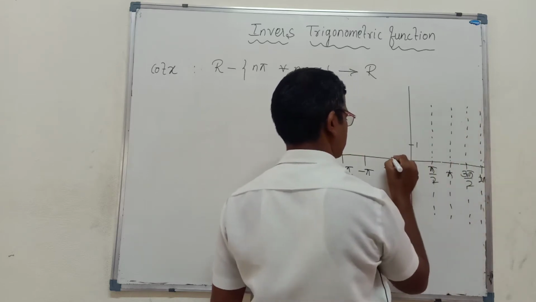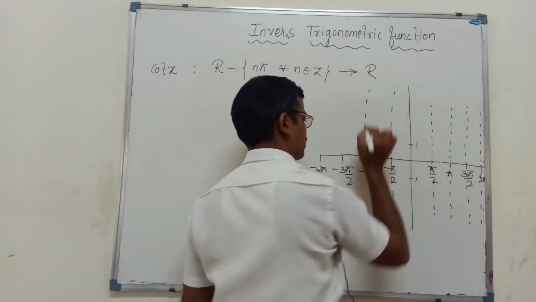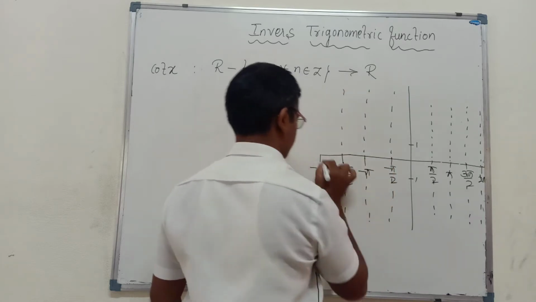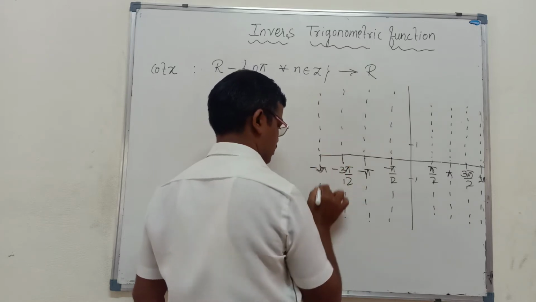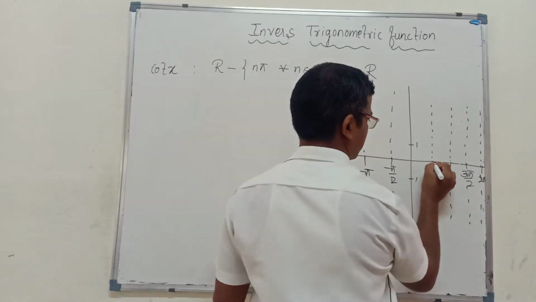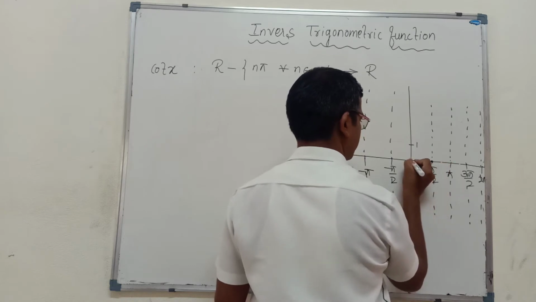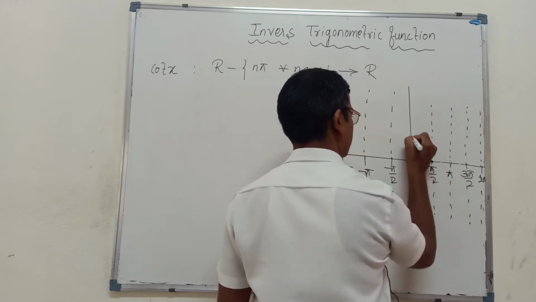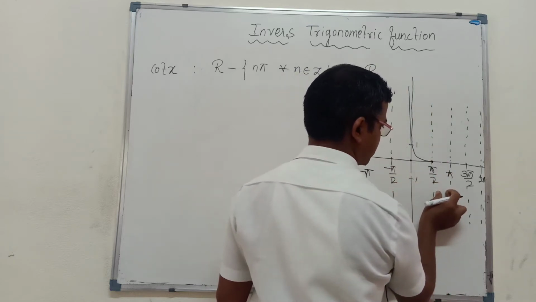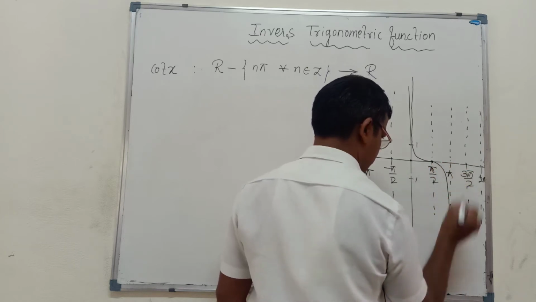It will become very easy for us to draw the graph of this function. For sine and cos it is not necessary, though if you want to draw it, it is also better. But for tan and cot it is necessary, very important, and also for sec. So for cot, at 0 it is undefined. In the first quadrant the graph is like this. Then in the second quadrant it is negative, negative means downwards. At pi it is undefined, so our graph is like this.